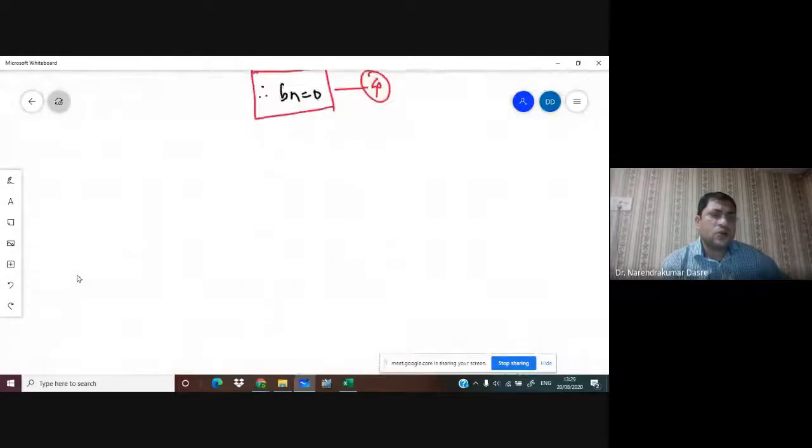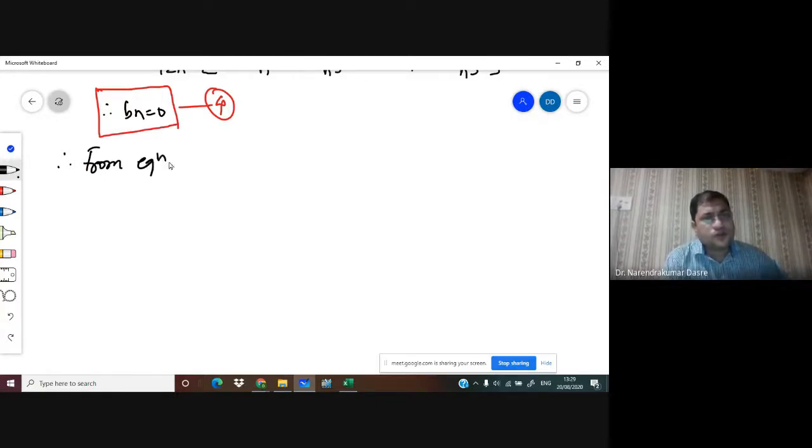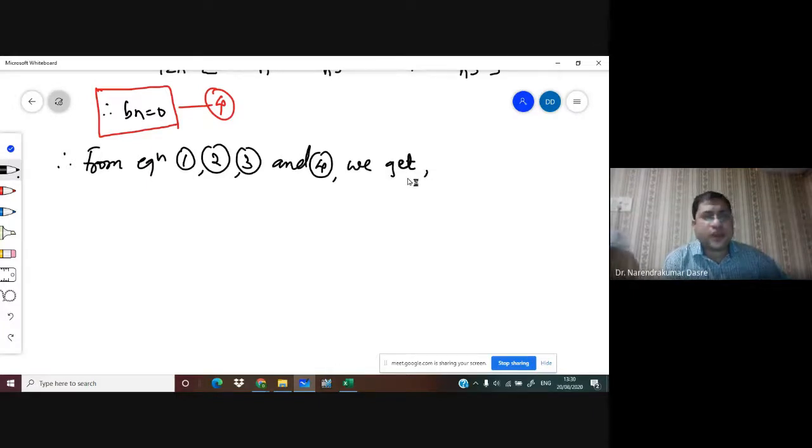So we are able to write the Fourier series, and hence from equation 1, 2, 3, and 4, we get f of x is equal to summation, running from 1 to infinity, then we have calculated 1 upon n square, and this is cos of,